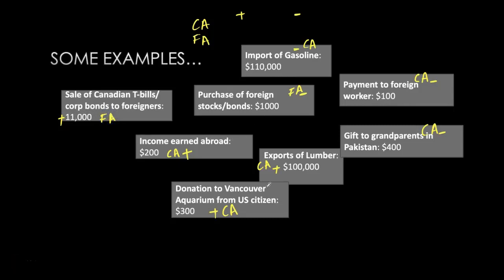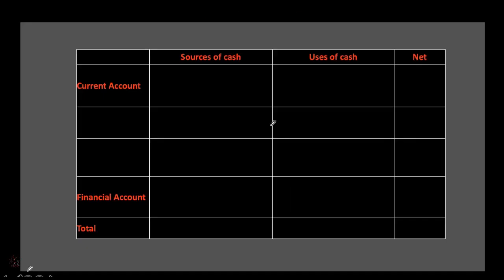Once we have identified where they go, let's put all of these now in our balance of payment accounts. So here I have the table for our balance of payments for Canada with the numbers that we have used hypothetically for now. In my sources of cash, everything will go that is generating an inflow. In my uses of cash, all of those items will go that are creating an outflow. Anything that is not creating a liability, merchandise trade balance, transfer payments or net factor income will be under current account. And all those purchase and sale of assets will be part of our financial account.